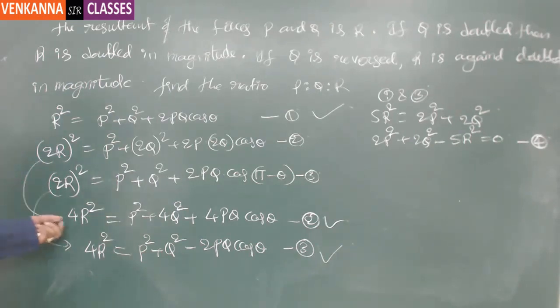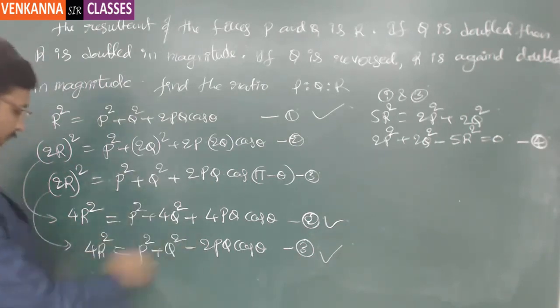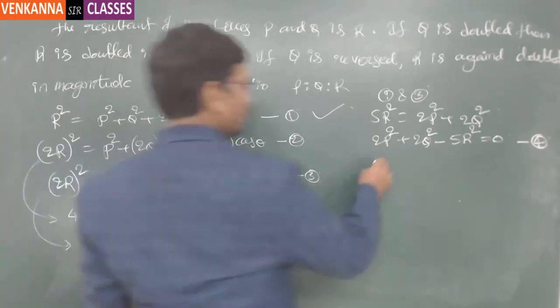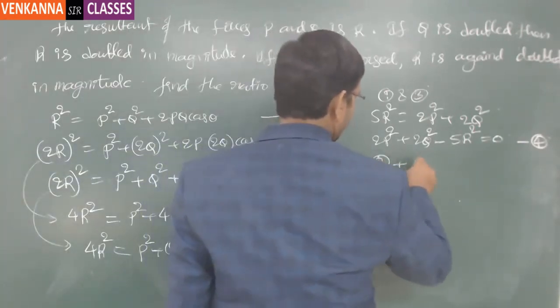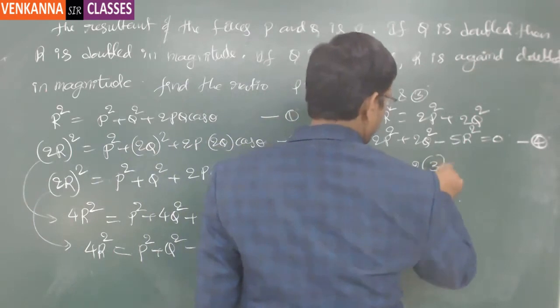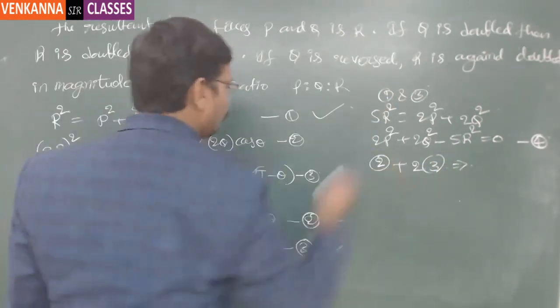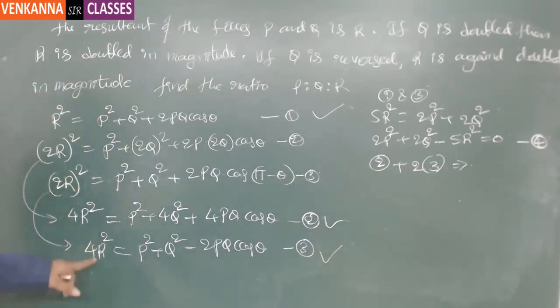Or else you can take equation number 2 and 3. So 4r square, this is 4r square. So multiply the third equation with 2 and then I will try to add these two. So equation number 2 plus 2 times of 3. So 2 times of equation number 3 is 8r, and 8r plus 4r is 12r